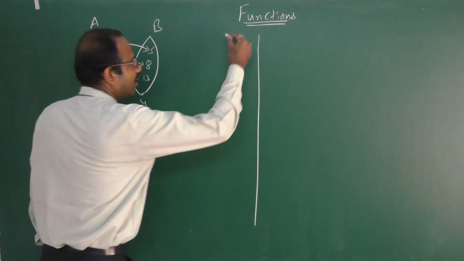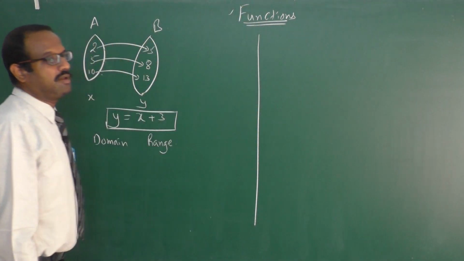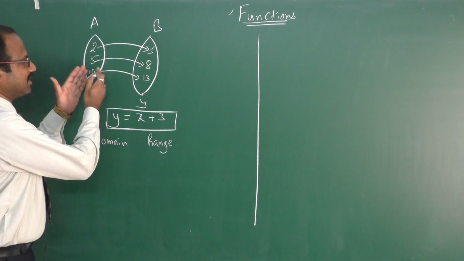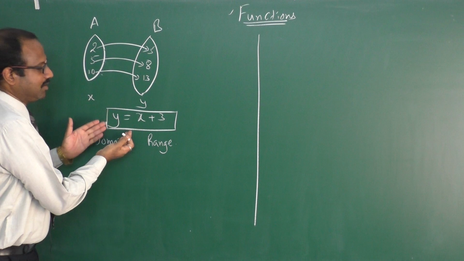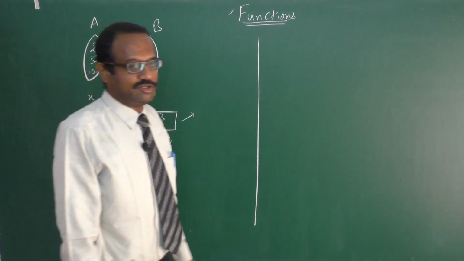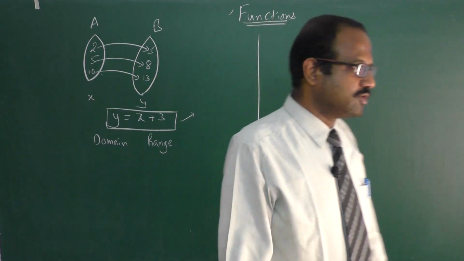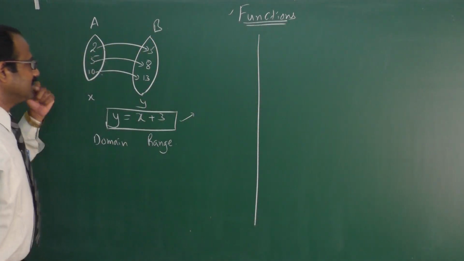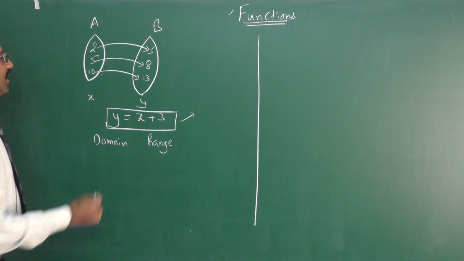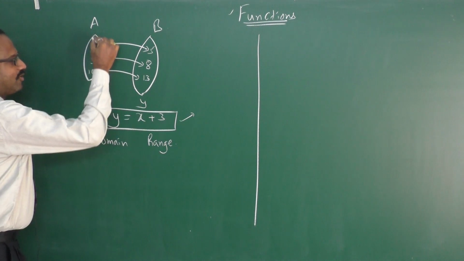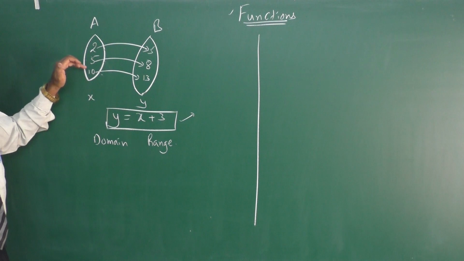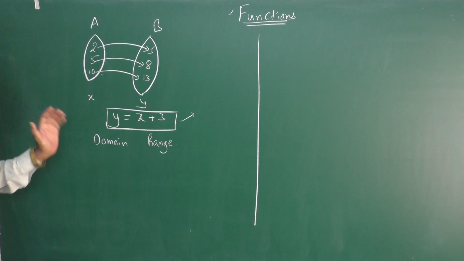But now we are going to discuss the topic function. What is a function? A function is a relation. So this is the relation. This is a function if it satisfies two conditions. What are those two conditions? Here you can observe that this is the domain, that is the X values. You can observe that nothing is left out here. Means all the elements of the domain are mapped. So the first condition for a